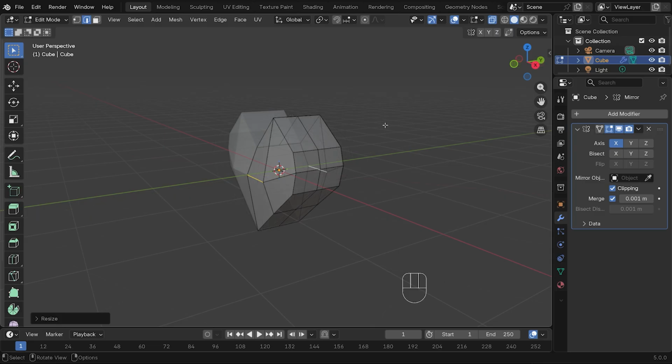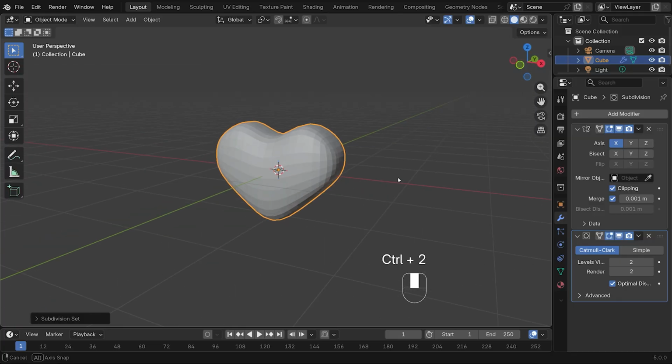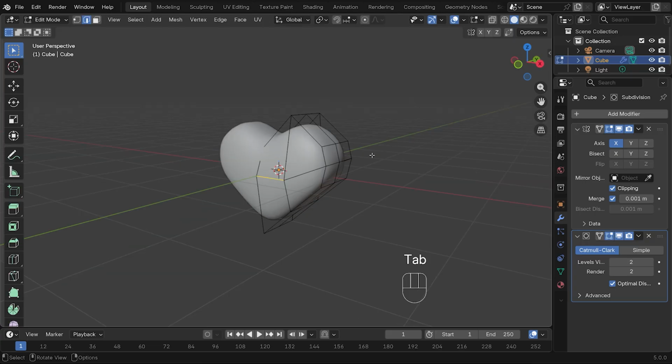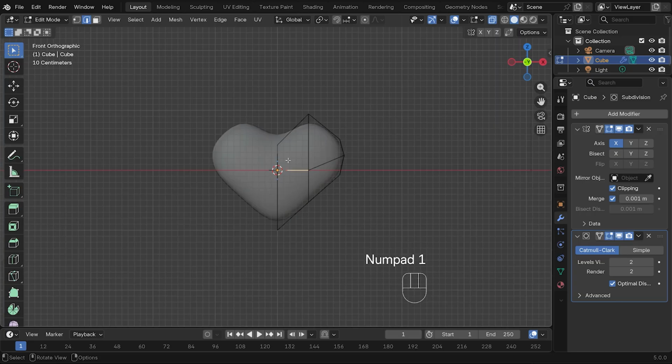So that's great. Let's step back to object mode, turn off X-ray and press Ctrl 2 to add a subdivision surface modifier. We can also right click, shade smooth, and I think we can edit our shape a little bit more. Let's step back to edit mode for a second, back to X-ray mode, front view,